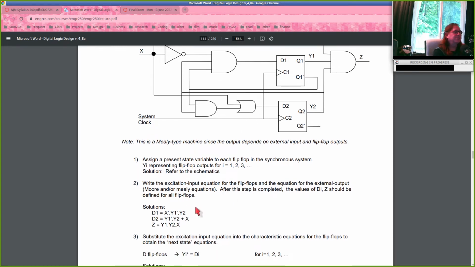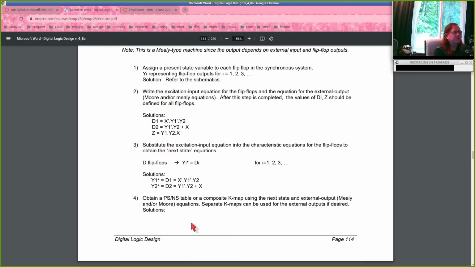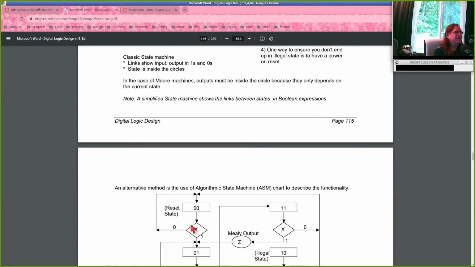So here's what D1 is. It's an AND of 3 things. One of them is X bar, one of them you have to trace the wire, comes from Q1 bar, and the other one, trace the wire, comes from whatever that comes from. And so D1 is X bar, Y1 bar, Y2, and so on. So this works through all of those steps, right? And then